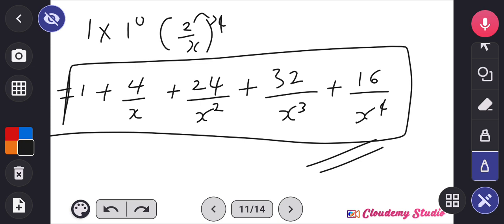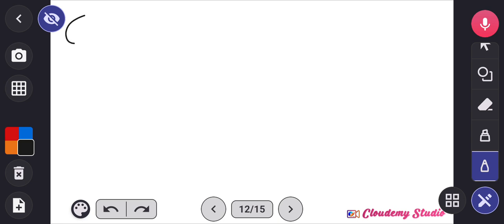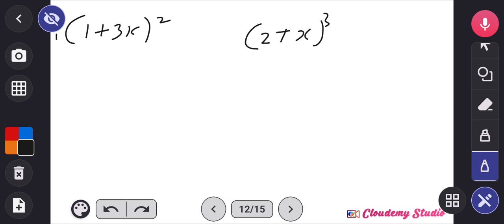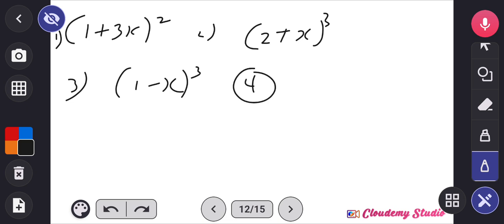So I hope you understand this, and I'll be giving some questions for you to solve. Let's see, 1 plus 3x squared, 2 plus x raised to the power 3. This is question number 1. Question number 2. Question number 3. 1 minus x raised to the power 3. Question number 4. 1 minus 5x